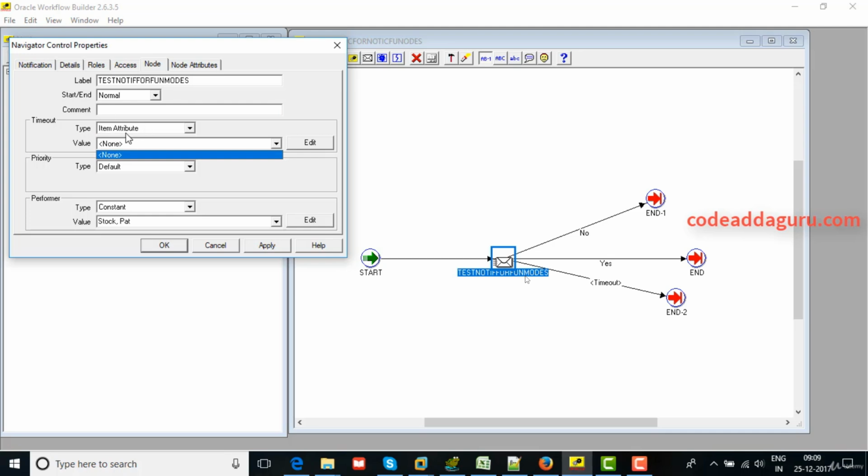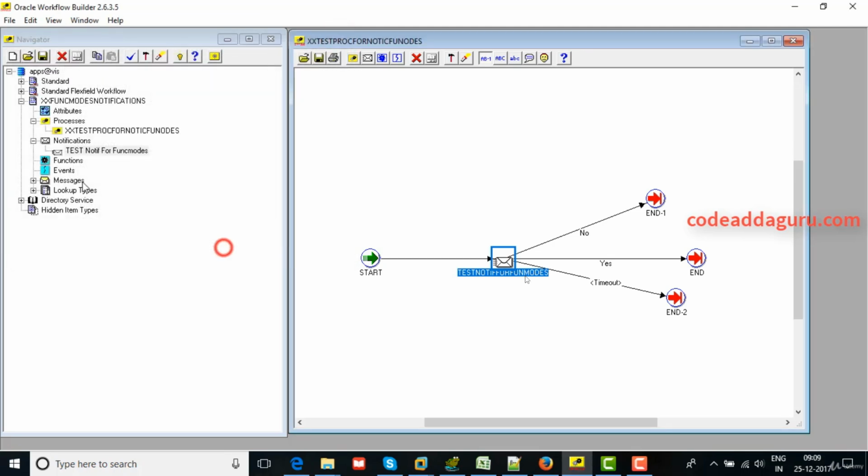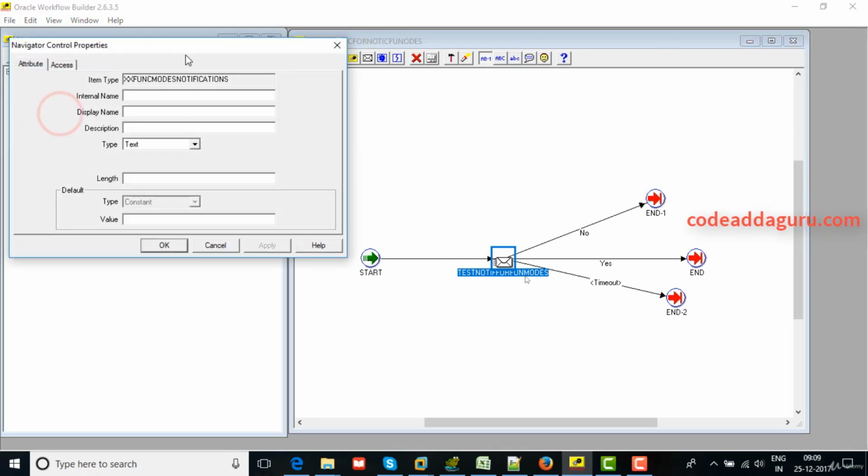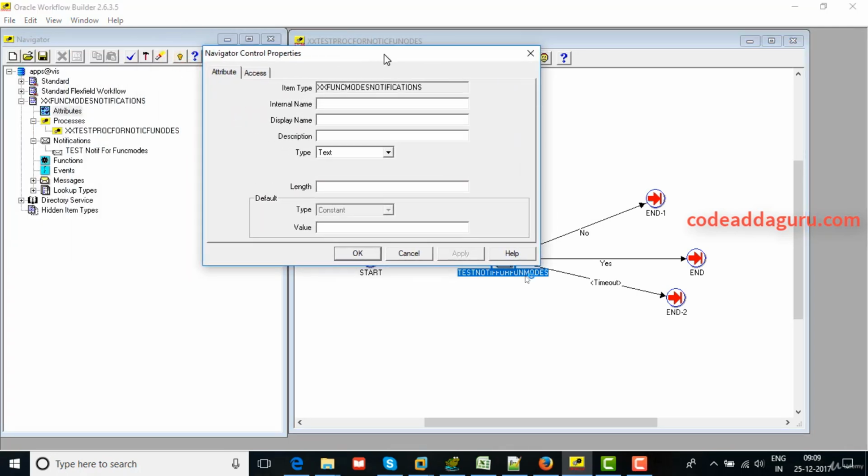Once you use the item attribute, it is nothing but a global variable across your item type. First we will create an item type, then item attribute. Then we will go for an item attribute at notification level for setting the timeout. I'm using here timeout for notif, and here it must be a number. You can't use other than number. The type must be number,